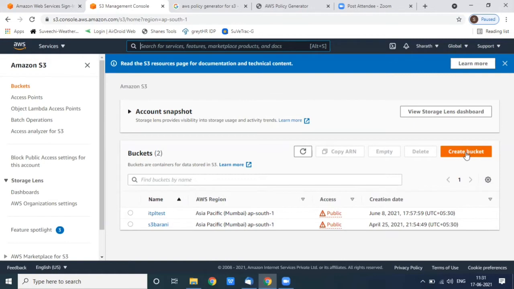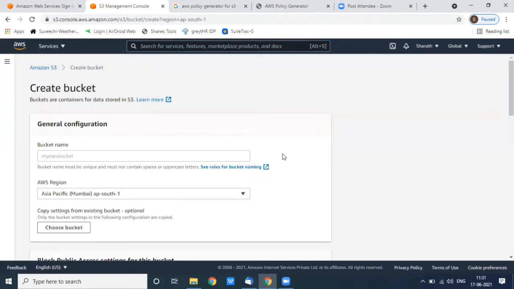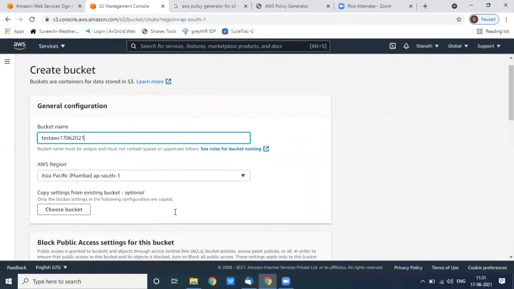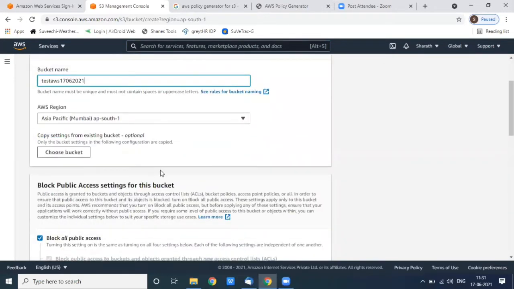For creating new buckets, here on the right side we have an option called create bucket. You type the bucket name. You can also select the region.